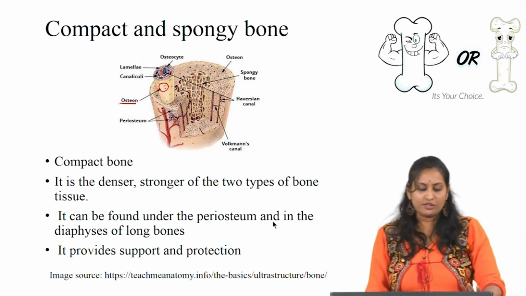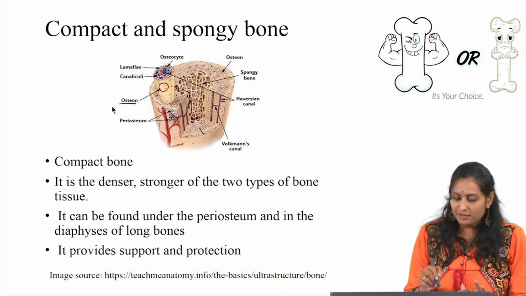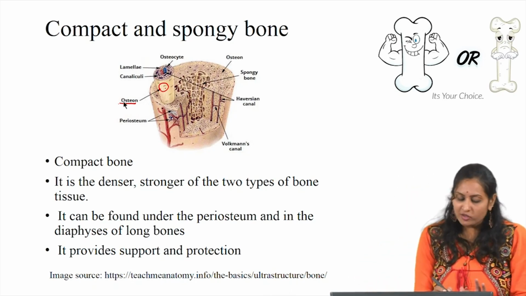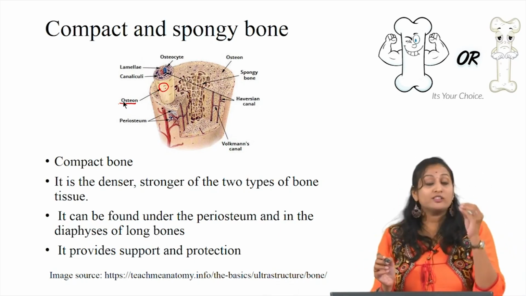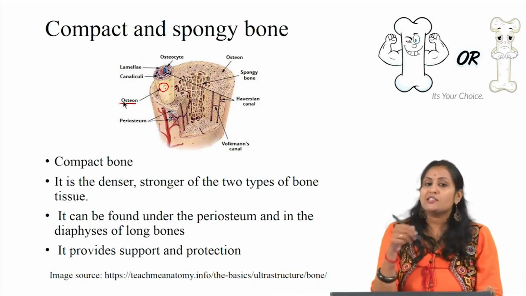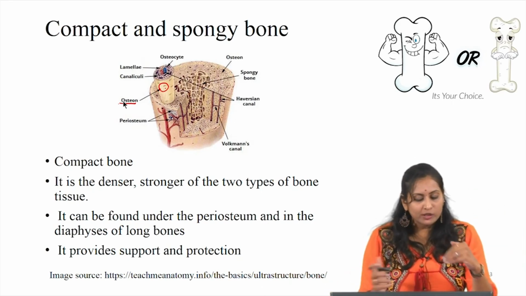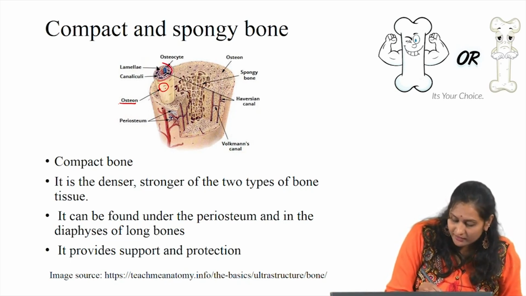Each osteon is made up of concentric rings of calcified matrix. This is also called the Haversian system. These concentric rings of calcified matrix are called lamellae. Running through the center of the osteon is the central canal, where